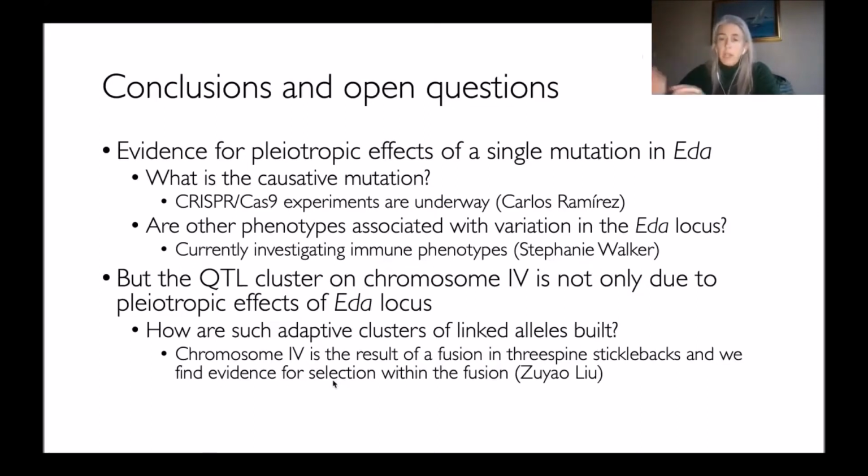I've been presenting pleiotropy as a positive force in adaptation, that you bring together adaptive alleles that affect different traits that make a good freshwater fish, for example, that allow it to adapt to parasites and to predators. So pleiotropy is a good thing. But the classic